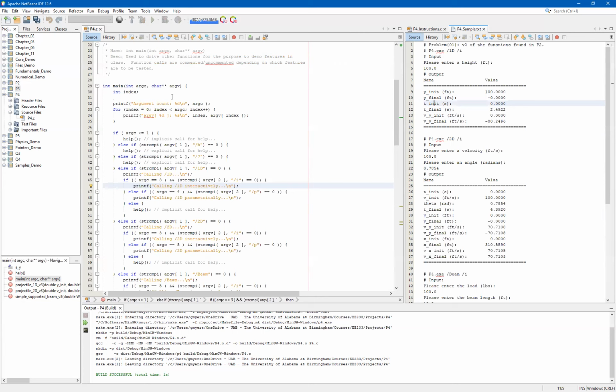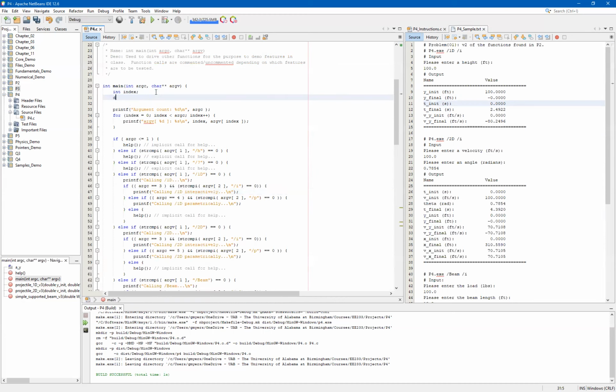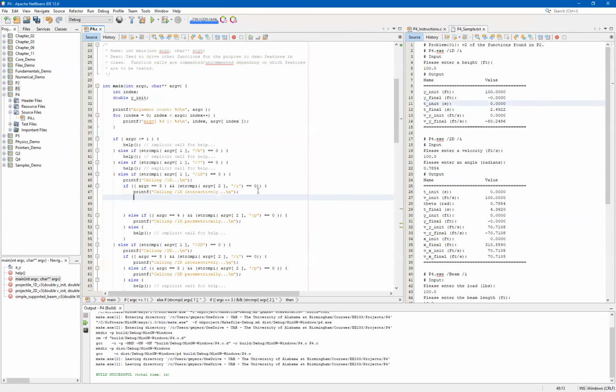So we've got a couple of options here. We can declare some additional variables up top, or we can hard code some of these values. Either is perfectly fine, but at the very least, we need a way to capture our Y init. So what we'll do here is we'll go ahead and declare a Y init as a double, and then inside the branch of our 1D interactively, we'll go through and we will simply have a printf statement that we would have otherwise, in our earlier example, also had in this location to